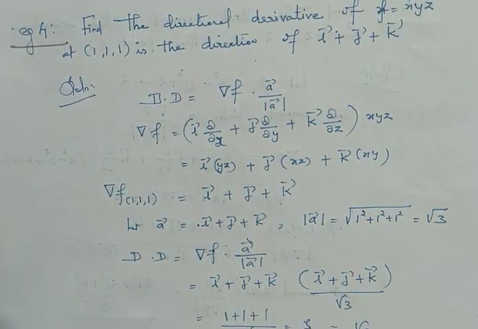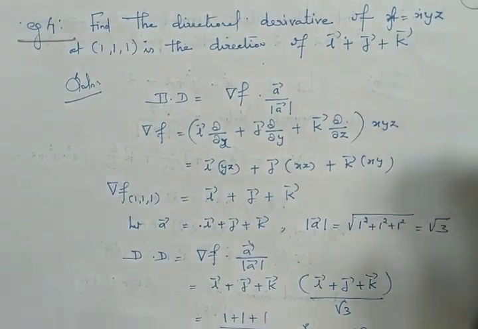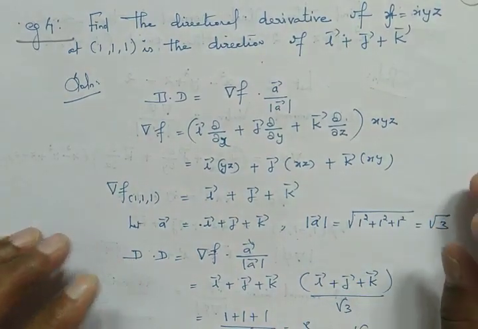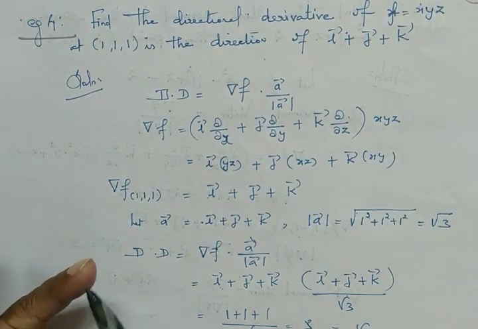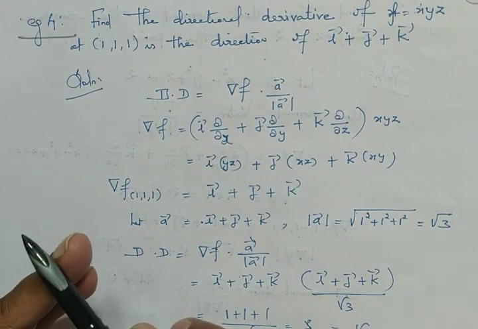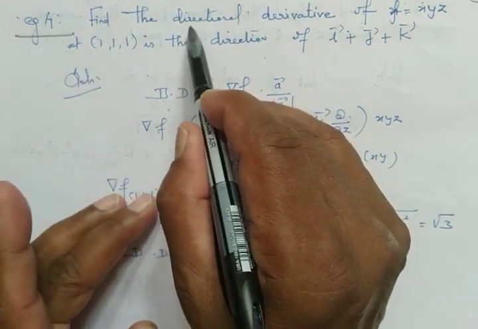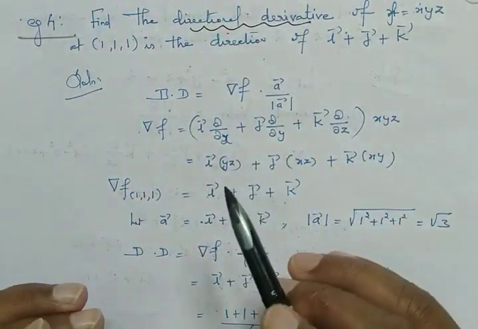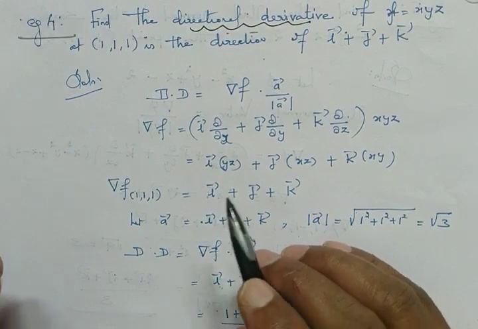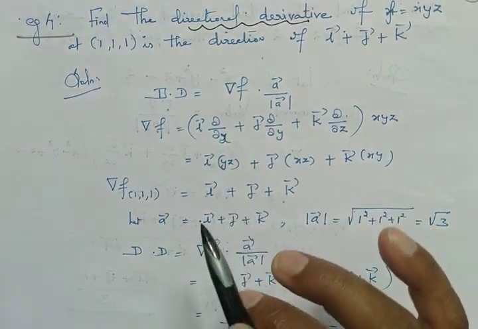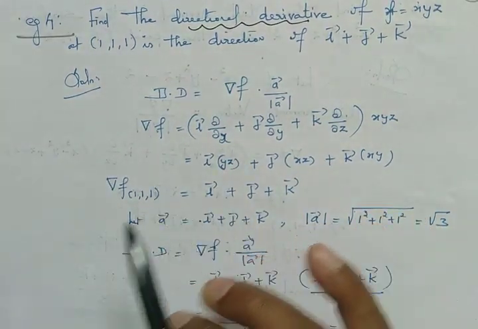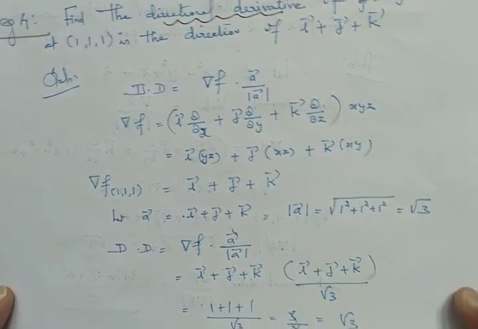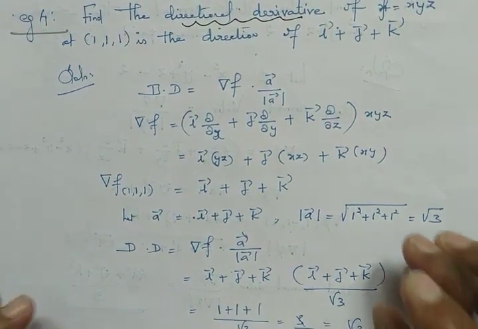The continuation of that, the next one is the directional derivative. In vector differentiation there are only 4 points: one is solenoidal, another is irrotational, the third is the directional derivative, and the fourth is the unit normal vector, the unit normal to the surface. These are the 4 questions that will come for competitive exams, and most of the problems you can see in the old question papers also.